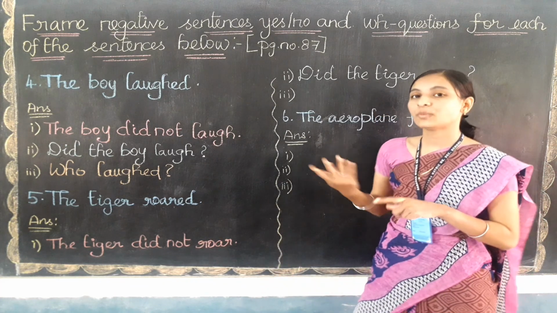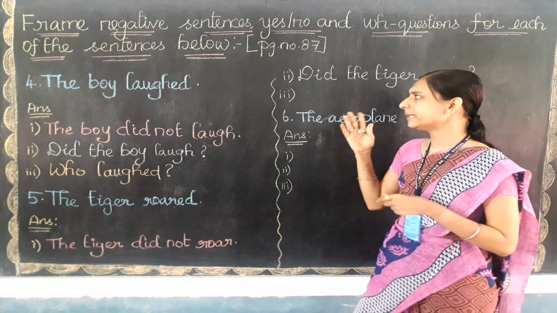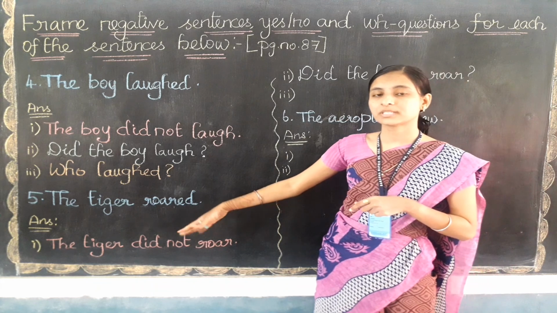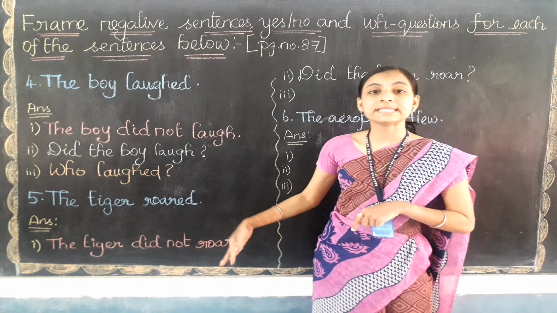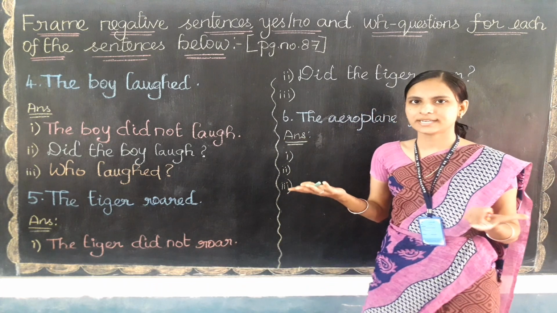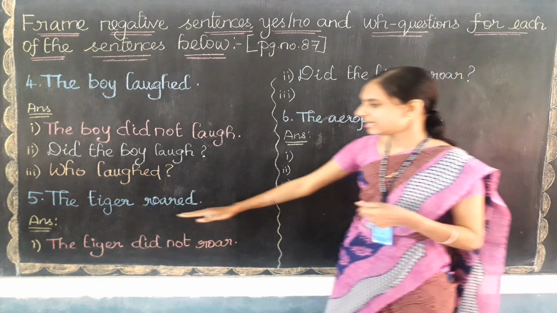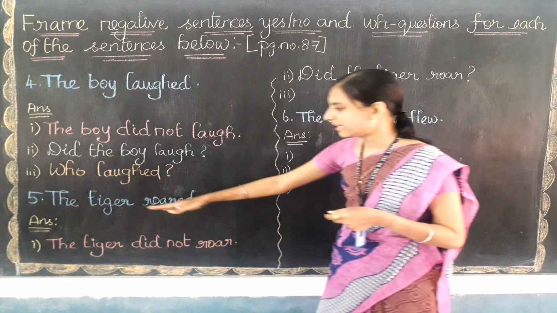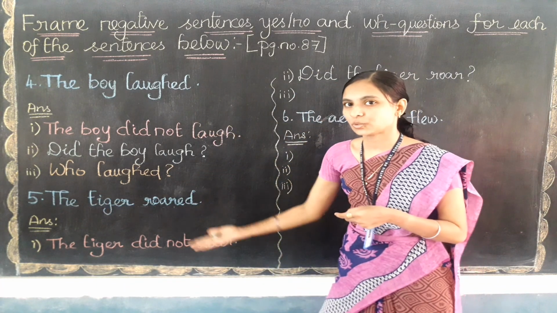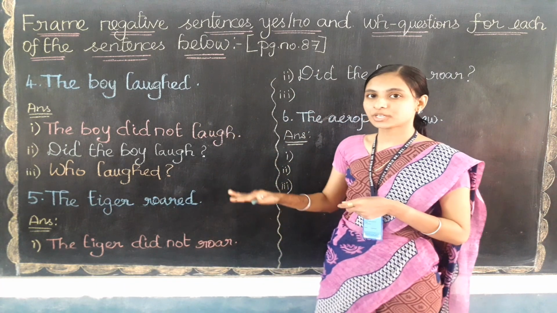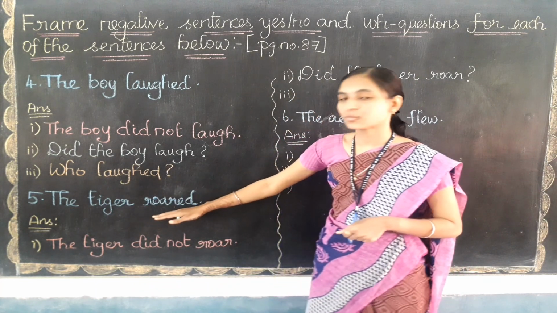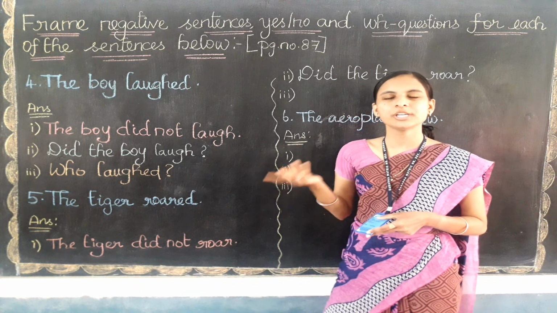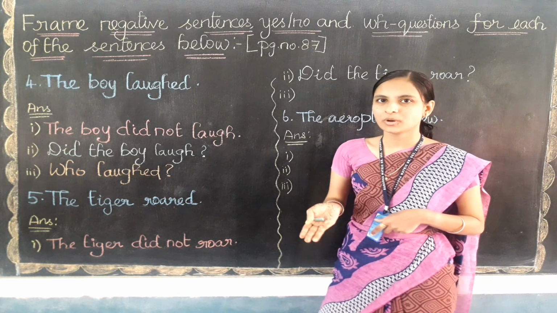Let's make the WH question for this sentence. So what do we need to do? Do I need to use the auxiliary verb, that is the do family verb, for this sentence? No, because this sentence is not a very big sentence. It is a small sentence. See, there is a subject and only the verb. So I am going to ask the question on the subject. So it remains only one word. So then we need not use the do family verb.